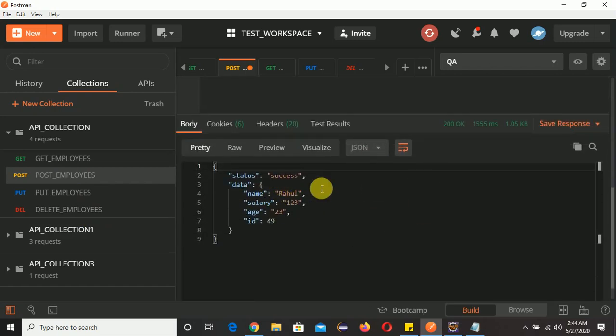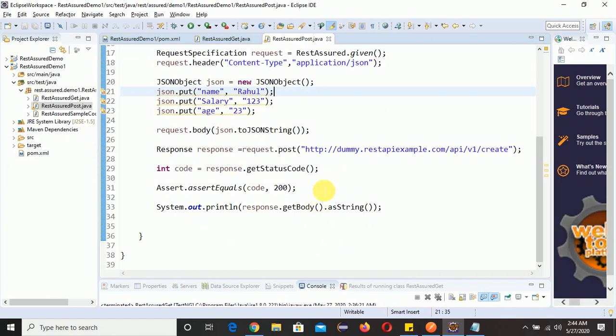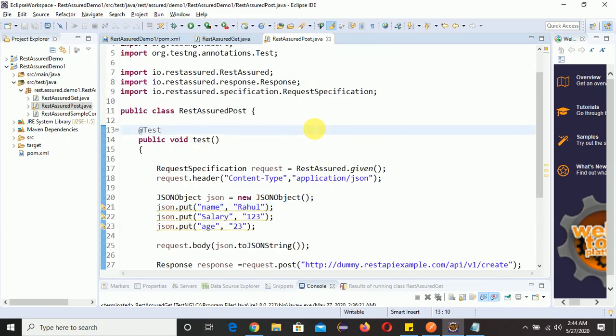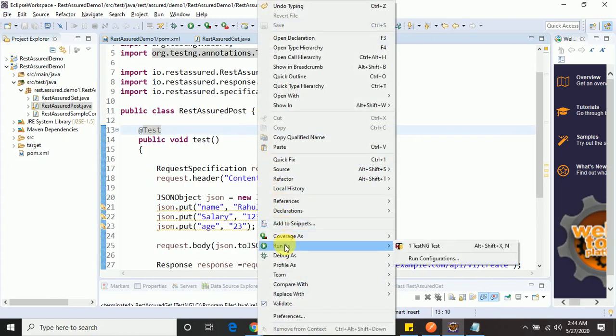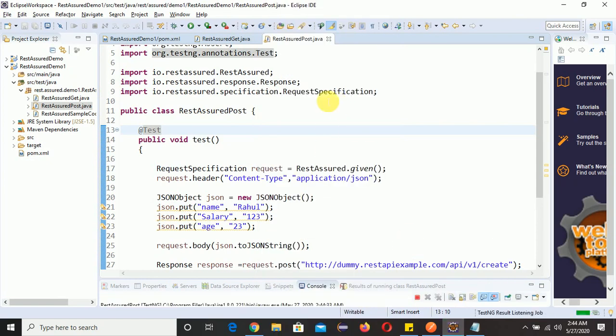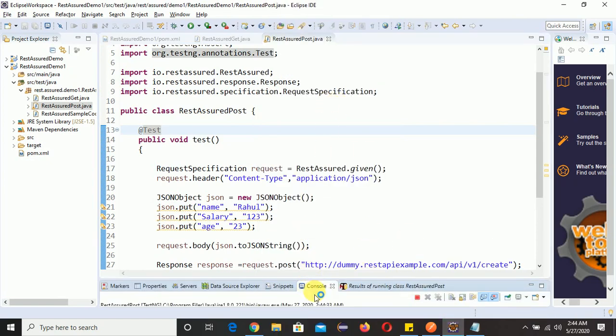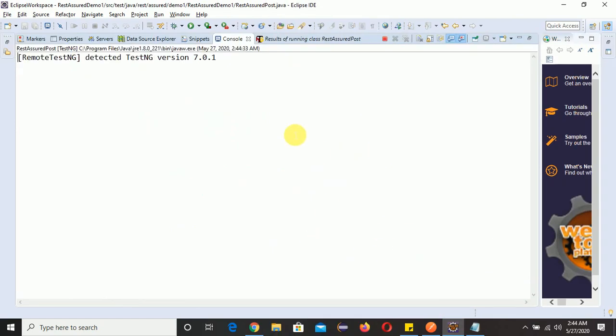So you can see in the response we got this one. Status success, data, name Rahul, salary 123, age 23, ID 49, right? Same thing we'll get in this shot also. So let me run, right click, run as test, run to test. Double click on console.